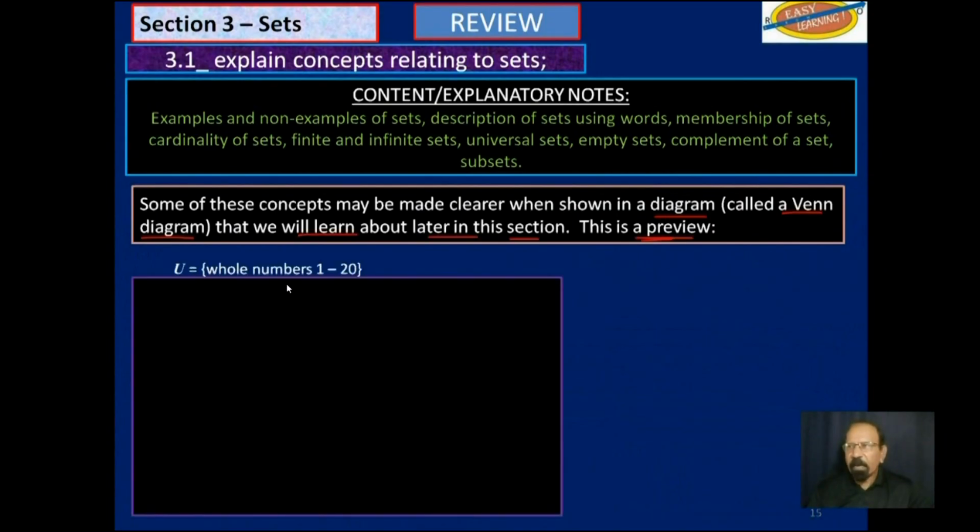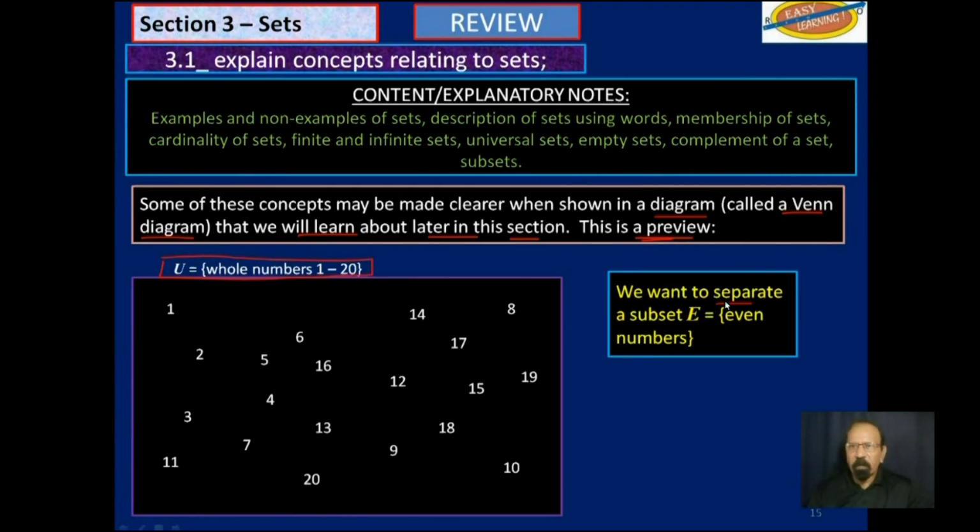So if you have a rectangle here, which has the universal set U with whole numbers 1 to 20, we can put in all those elements there, 20. Let us say, though, that we want to separate a subset E, which is made up of even numbers in this universal set. So if we draw an oval like that, and we label it E, even numbers, we cannot leave it like that, because inside that yellow oval, you have numbers that are not even,